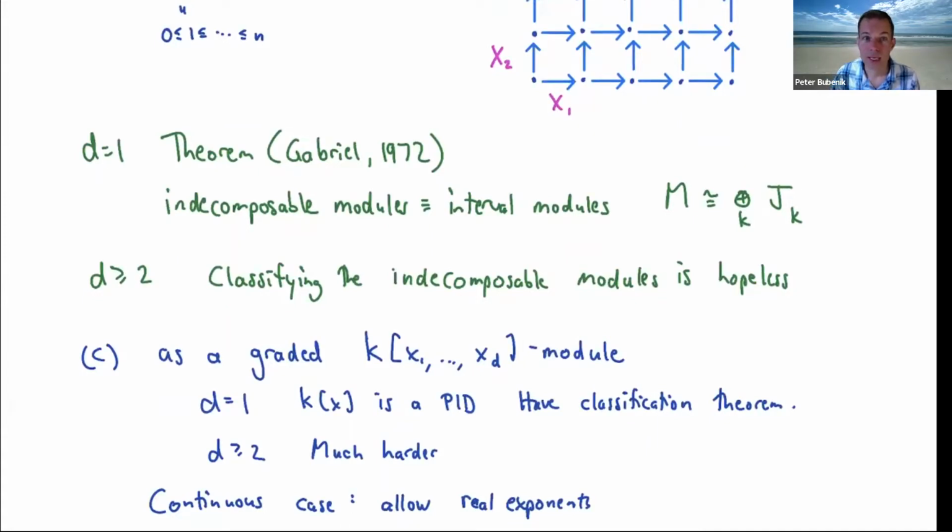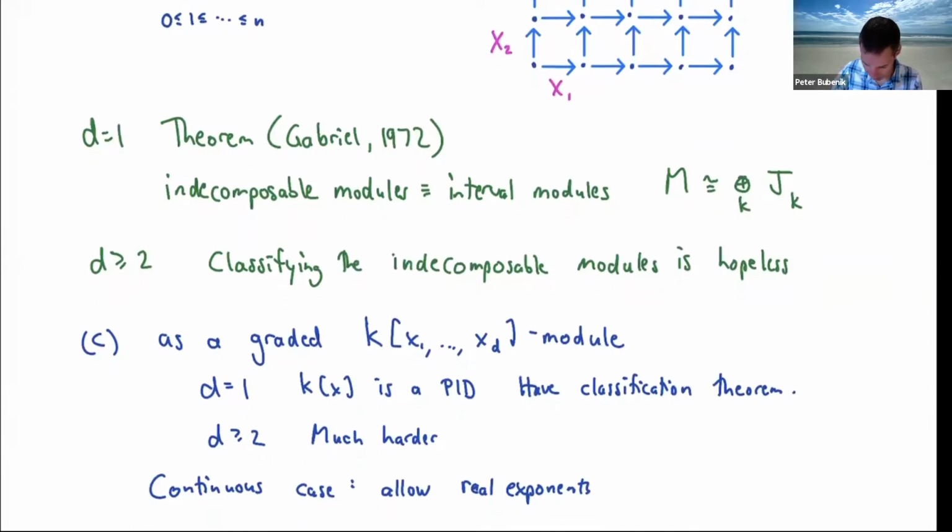And the continuous case can be dealt with algebraically by letting us take polynomials with real exponents. Instead of just taking polynomials with integer or non-negative integer exponents, we can take non-negative real exponents. And so this is a theory that's being developed, and in particular, Ezra Miller